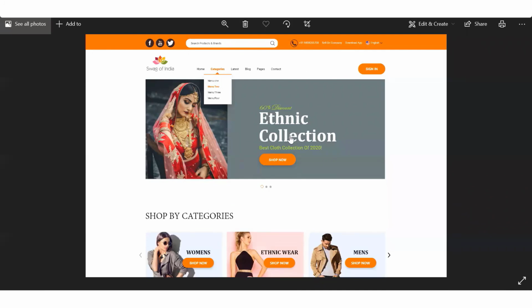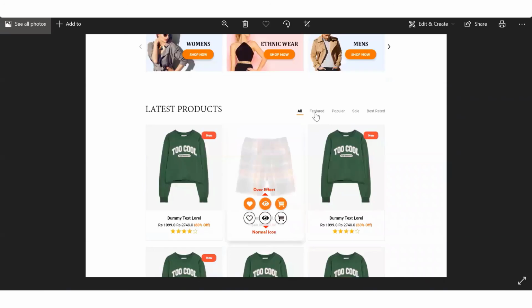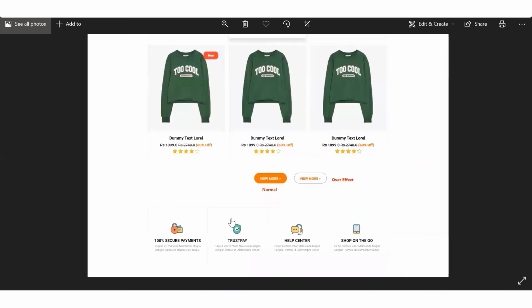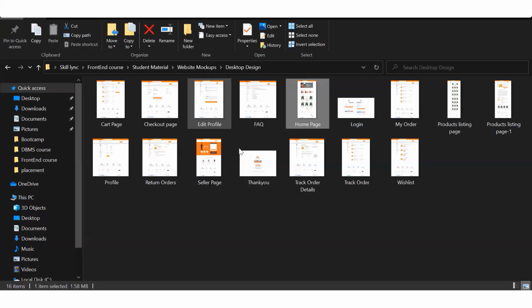So you can create all these different rows. This is a Bootstrap carousel. You can use Bootstrap cards for this. Even this latest products and everything. These are all Bootstrap navigation bars. All of this you can use HTML, CSS, and Bootstrap to create this entire page, and that's exactly what our students are doing, and they are doing so many things. In fact, so many pages they are creating. They have completed creating this entire e-commerce website, and that is something which other students who are in progress are doing, and you could also do it.